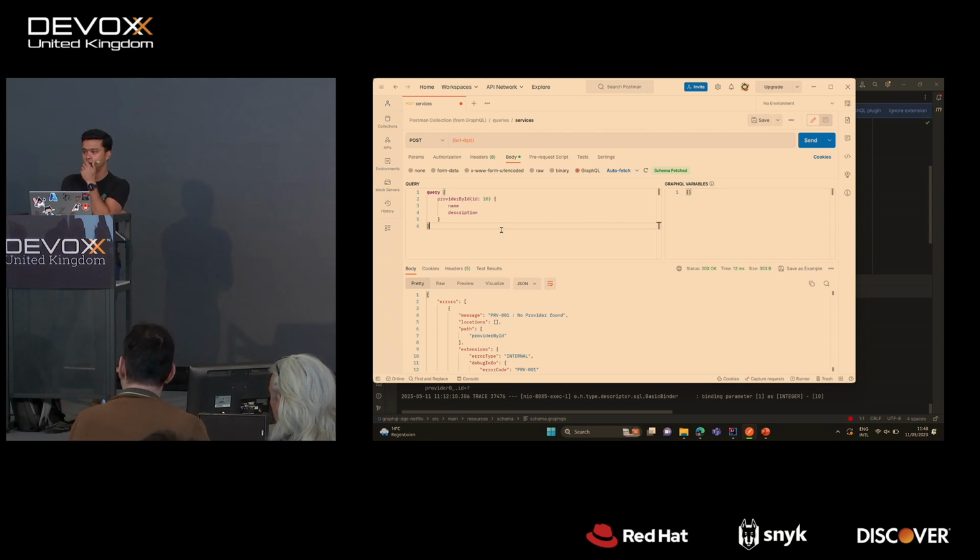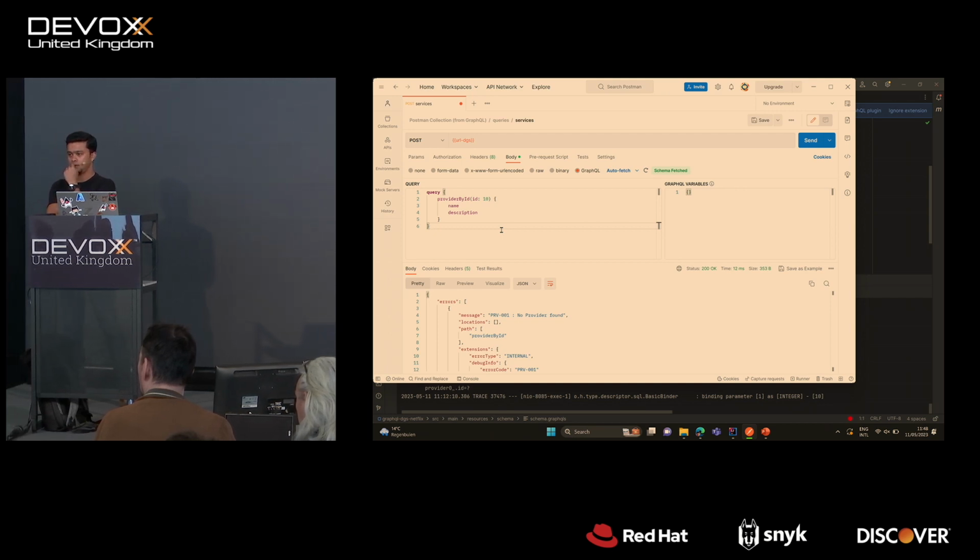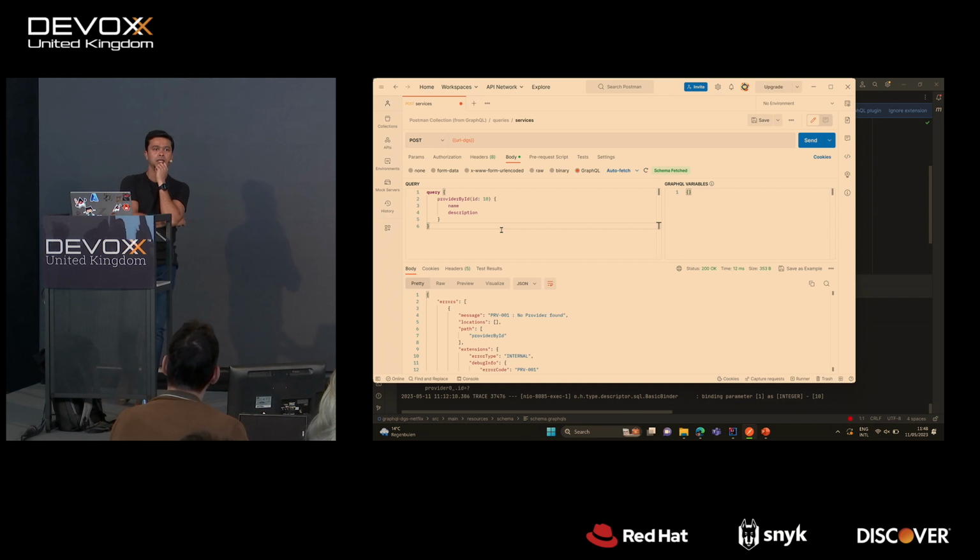Thanks for the talk again. Can you explain again how changing a schema in further releases will impact the clients, and how to align that? For example, if you remove the description or rename it, you deprecate a field. You put an annotation in GraphQL; there is a way to deprecate a field.